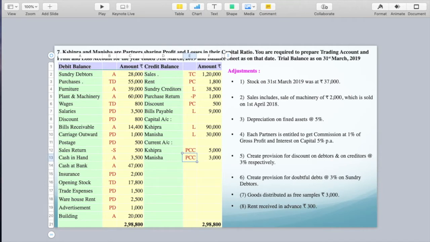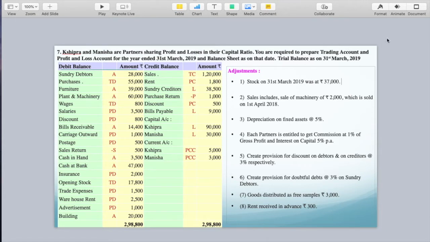In the last question, one partner had a debit balance and another partner had a credit balance. So on both sides we had written to balance brought down and by balance brought down, because a current account may have a debit balance or a credit balance. Now here there is no hidden adjustment in this question. Let us start with the adjustments given below the trial balance.